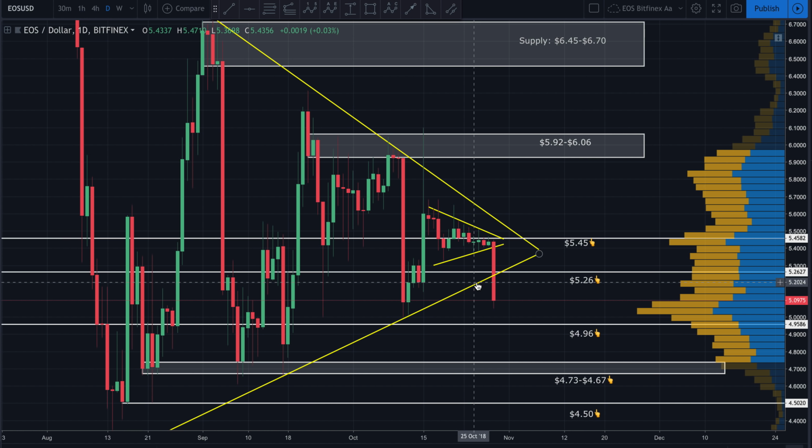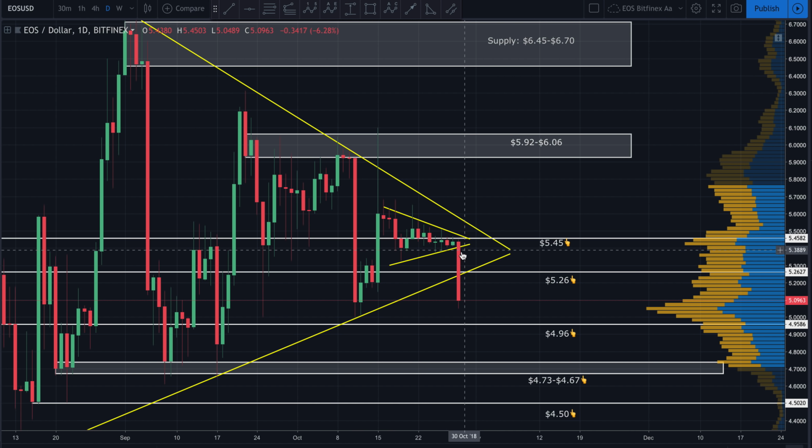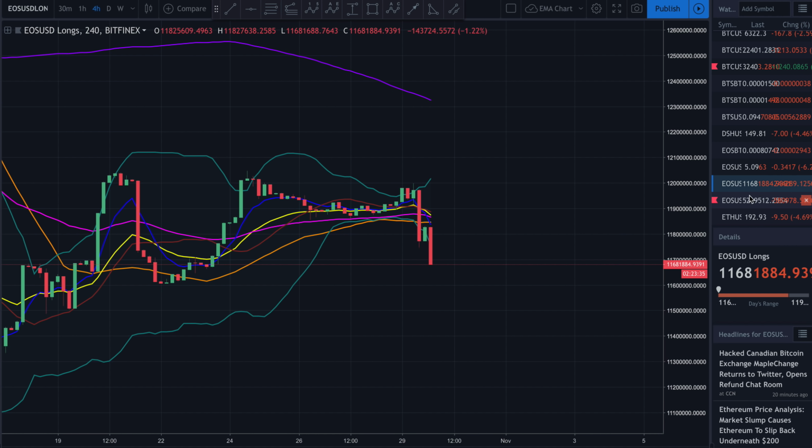And on more of a larger level, if I look at this entire structure, guys, this is the area, big picture-wise, looking at this big wedge, this is the area I'd be looking for a reversal if this is, in fact, a bear trap. Now, for a bear trap, you actually have to trap bears. So what do I mean by that? I mean, we need to see, let me go back here to shorts.